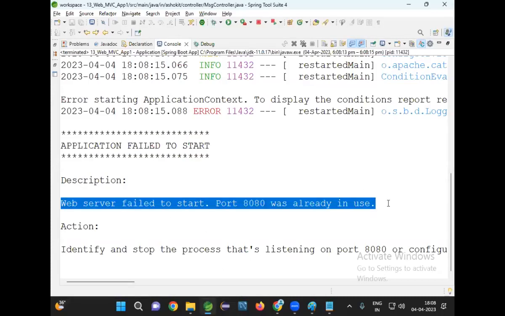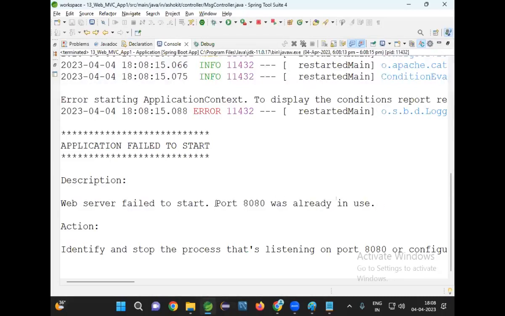Port 8080 was already in use. That means your application is already running, and you are trying to rerun the same application with the same port number. You can't do that. Whenever you get a problem like this, address already in use, port already in use,